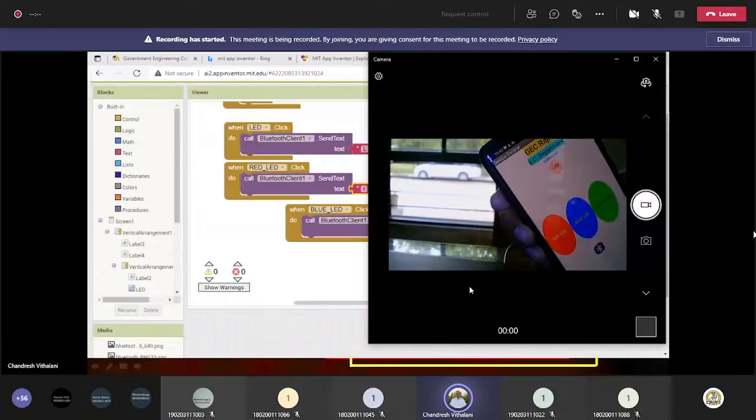So this mobile is basically sending something whenever I'm clicking on the red LED button, it will send R.